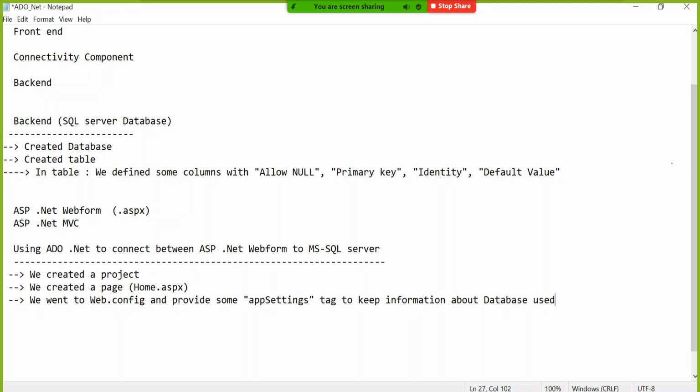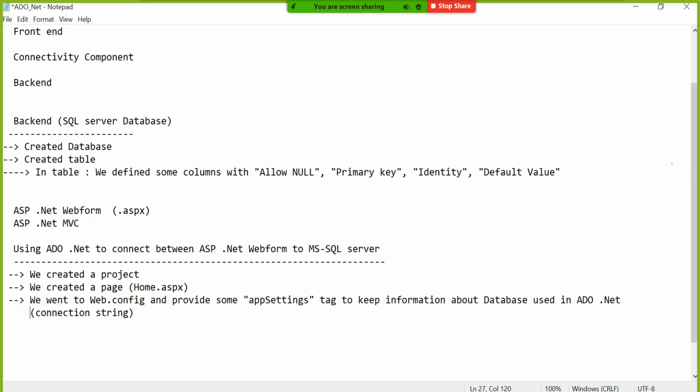So keep information about the database used in ADO.NET. That means in the database connectivity methodology. Whenever I say ADO.NET, just replace that with database connectivity methodology. What is used in ADO.NET is named the connection string. This terminology, connection string, is for keeping the information about the database and its user ID and password, if any.